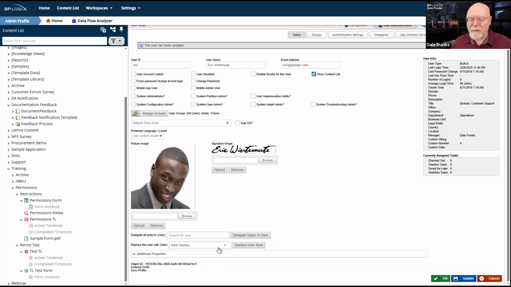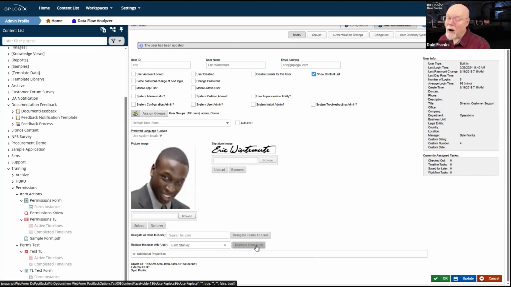But if I replace this user with Barb Stanley and I click replace this user now, if there are any permissions records anywhere in the system, a folder, a form, whatever it may be, where I have given an explicit permission to Eric, when I replace Eric with Barb Stanley, all of those permissions that were granted specifically to Eric anywhere in the system will now also be granted to Barb.